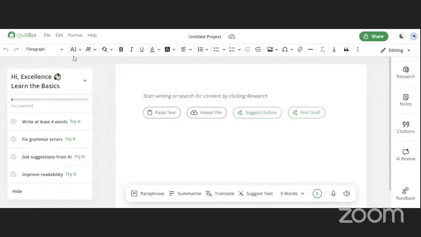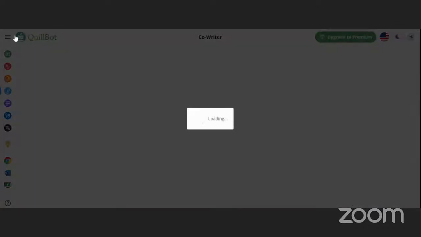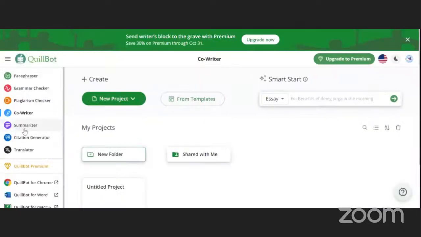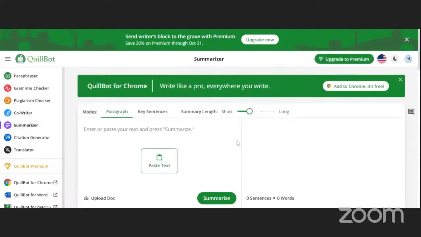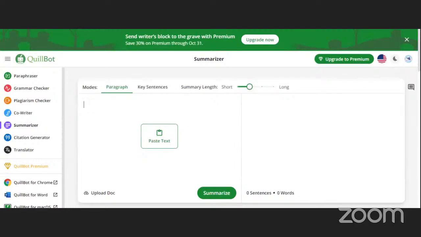And then the other tool for Quillbot is Summarizer. The Summarizer is in case you have very long paragraphs or key sentences and you want to summarize them into something small. If you're using Chrome, you can add Quillbot to Chrome by clicking on this add to Chrome. After that, you can just put in your text. Let's say, do I have any words? I don't have long sentences, okay, let me just do this.